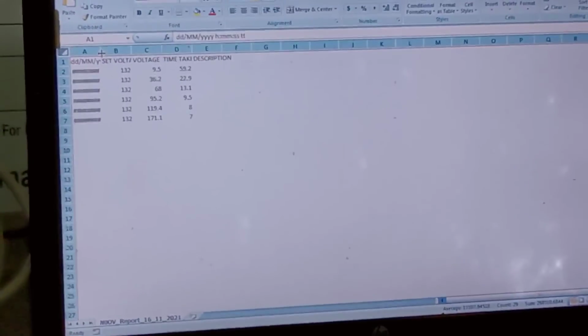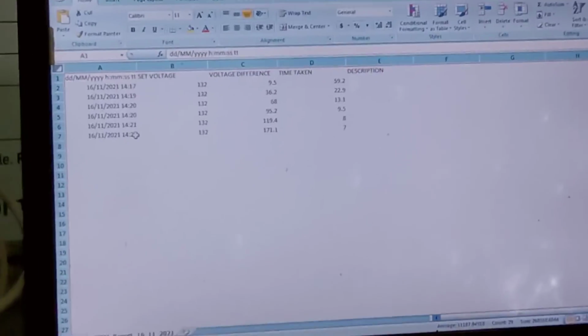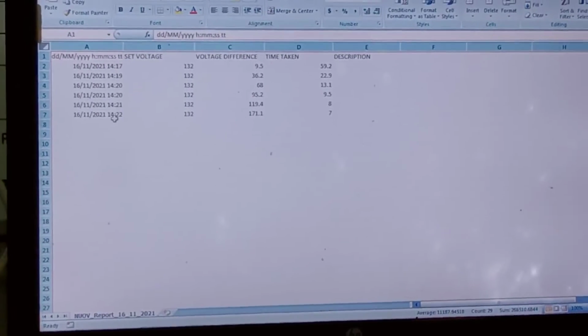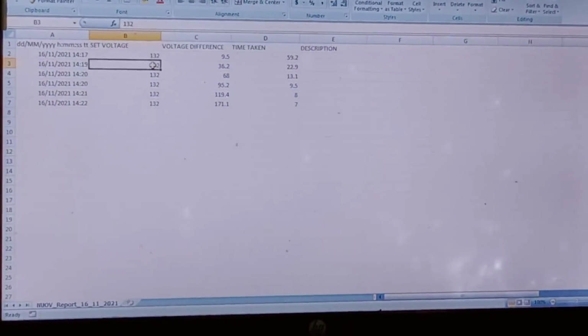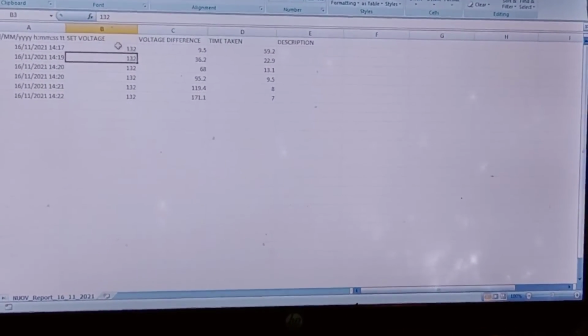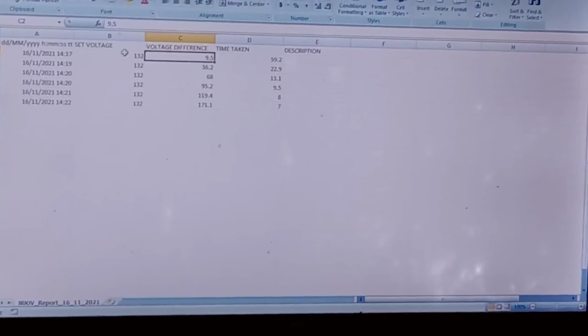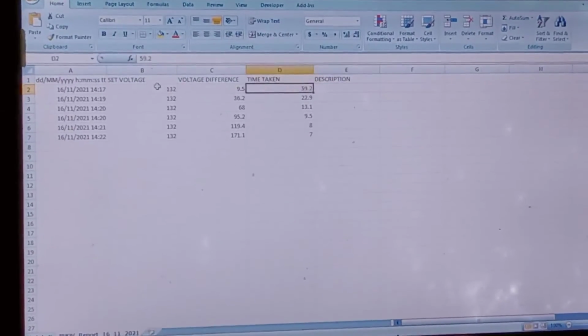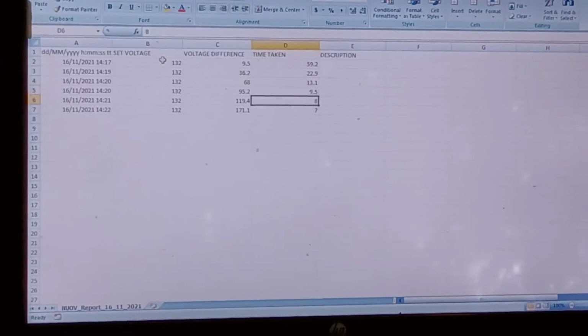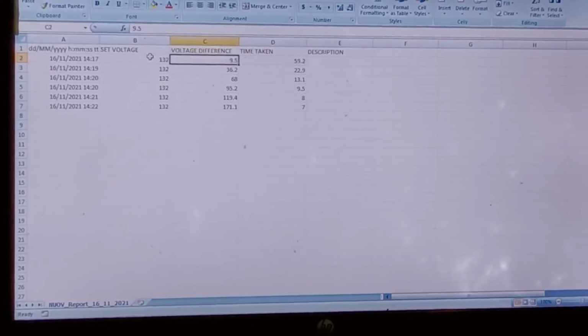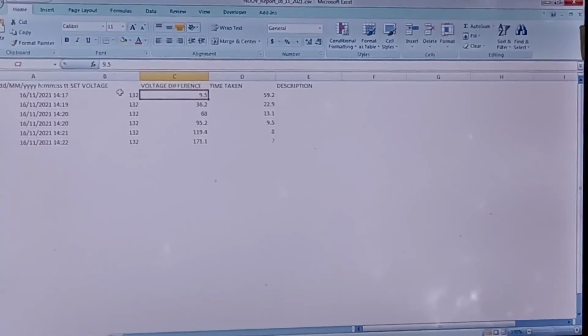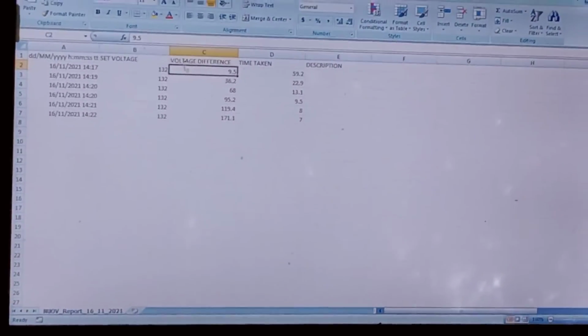Now you will find the reports over here with date and time stamping. So see here, this is your set voltage, this is your difference in voltage, and this is the time taken to trip. We can make a graph out of it by just selecting one macro.